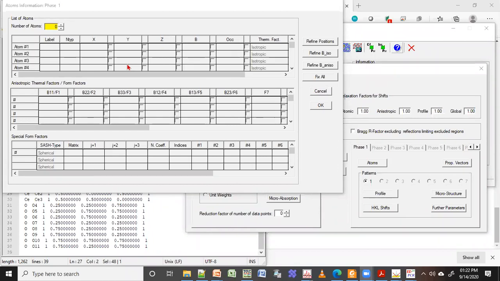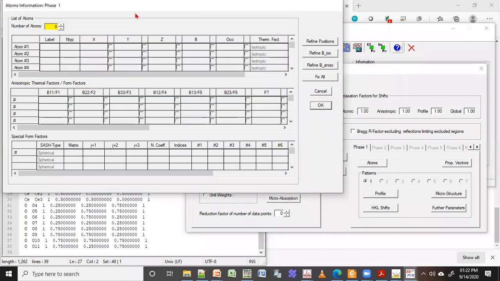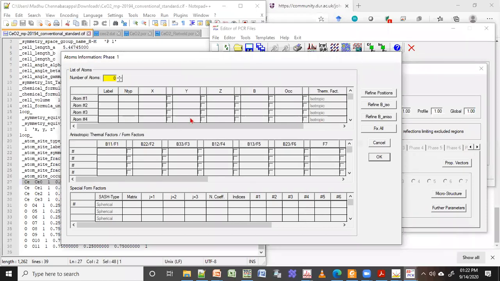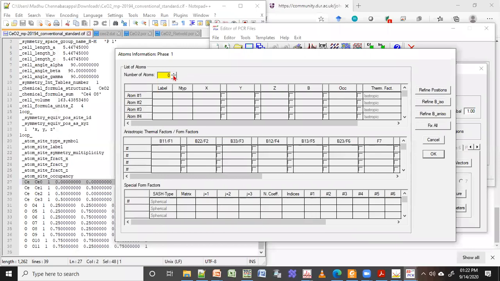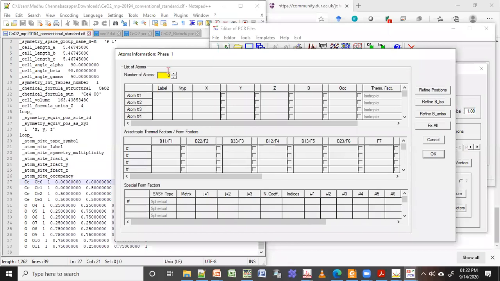If I click the atoms, you get a new window where you can plug in all the details for atoms. Now it will ask how many atoms. If I use this zip file, I have to put 12 atoms.